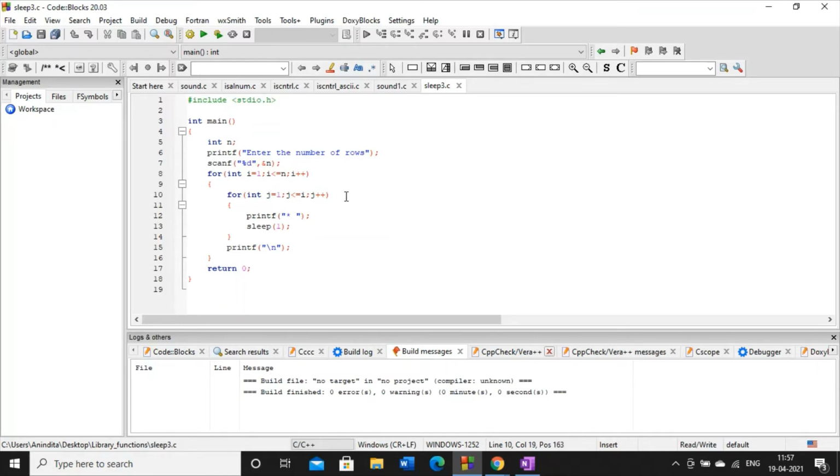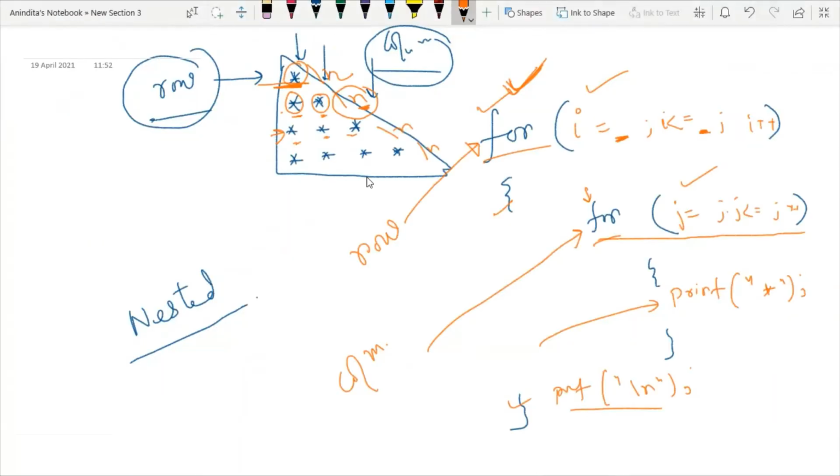Now let's come to the column count. If the first row is 1, then the first column will also be 1. However, here I have written that the column number j is less than or equal to i. Why? Because see this: in the first row, I have one column. In the second row, I have two columns.